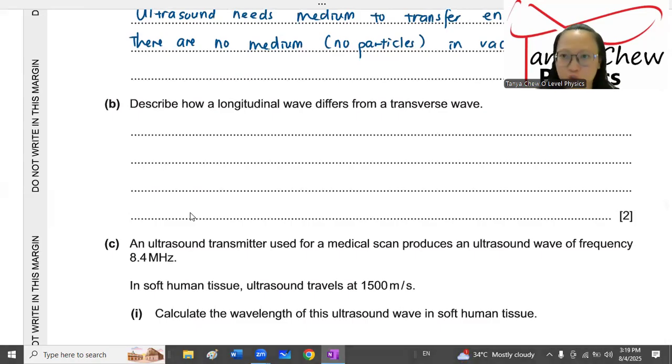So this is a distinction between longitudinal wave and transverse wave. This is about memorization, but of course I have a way to memorize this better. How are you going to differentiate between longitudinal wave and a transverse wave? I'm going to write down the answer first before I give you the tip. So I would say that for longitudinal wave,